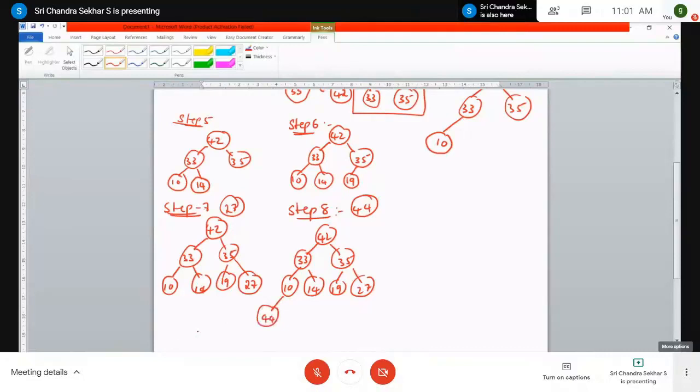After that, you check whether it is satisfying the ordering property or not. Here the value of the root node is 10, whereas the value of the child is 44, which is not satisfying the ordering property. Therefore, what you have to do? You have to exchange these elements. This reordering of the elements is called heapify. We call it with a special name called heapify.